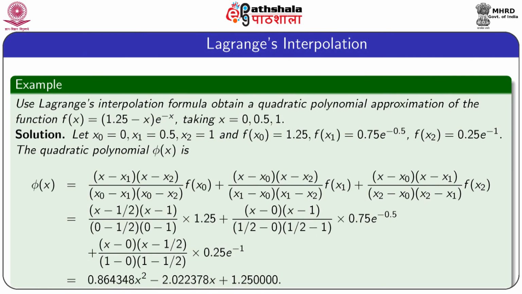In case of two intervals, that means for the points x0, x1 and x2, the upper bound of the error E_2(x) is h cube into M_3 by 9 root 3, and this is proved in the following portion. E_2(x) equal to s(s minus 1)(s minus 2) into h cube into the absolute value of the third derivative of f by factorial 3. It is obtained by definition.